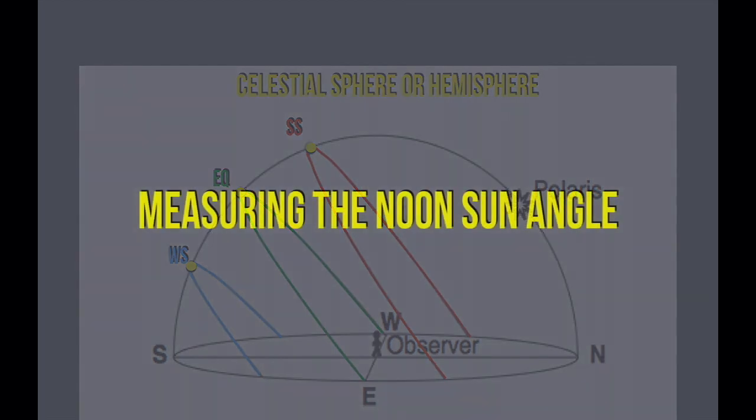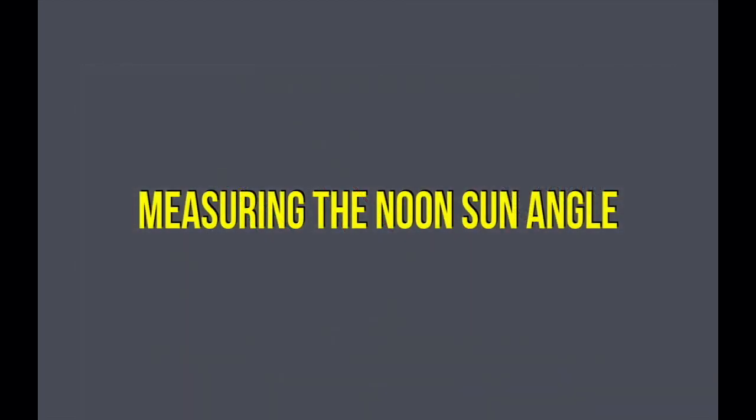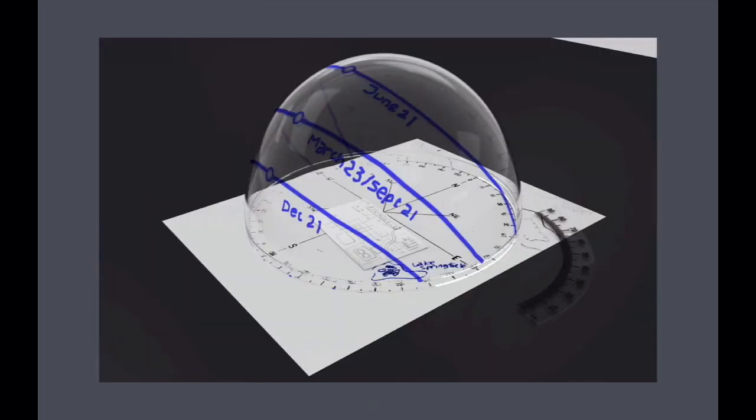The other technique used with a celestial hemisphere is to measure the noon sun angle. So this is a completed celestial hemisphere showing the 3 paths of the sun for the 4 seasons, and you can see the small circles representing the noon sun position for each of those seasons. Using that information and the external protractor shown in this diagram, we can see how high above the horizon the